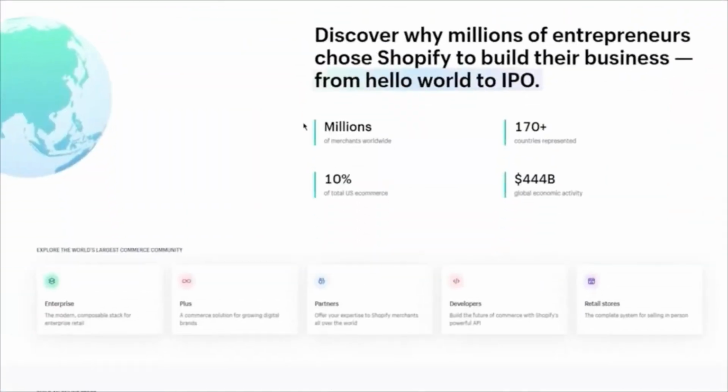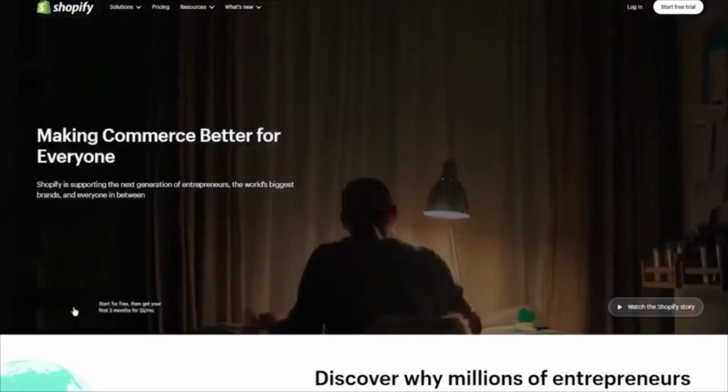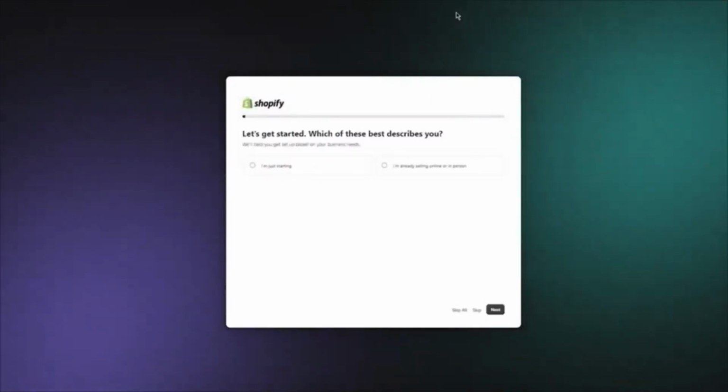And once you're into shopify.com, we're going to create an account with it. So to create an account with it, what you're going to do is you're going to come down here and click on Start Free Trial, and it's going to take you into the store creation. Now, once you go into the store creation, it's going to tell you to get started, and it's going to